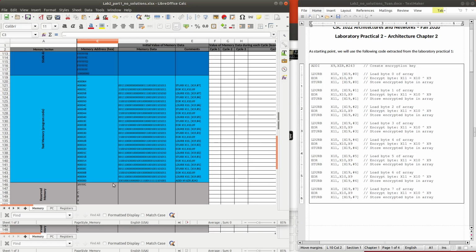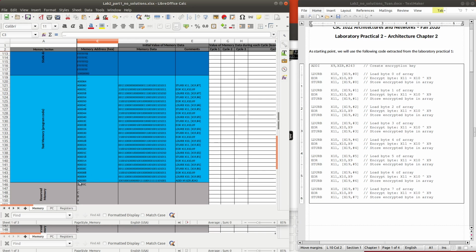As you know before, each instruction in our program uses 32 bits or 4 bytes. Here from here to here is 32 bits or 4 bytes, so one instruction occupies 4 bytes. The next instruction will occupy the next 4 bytes.